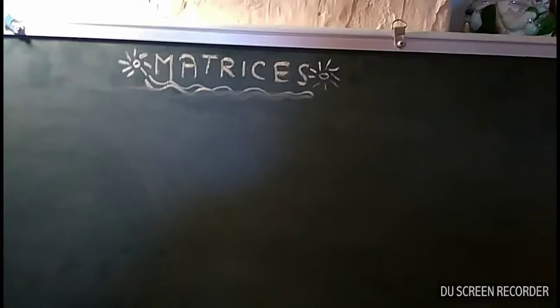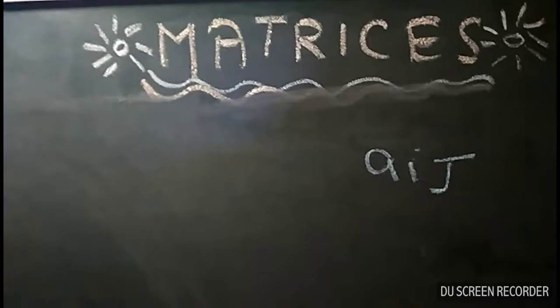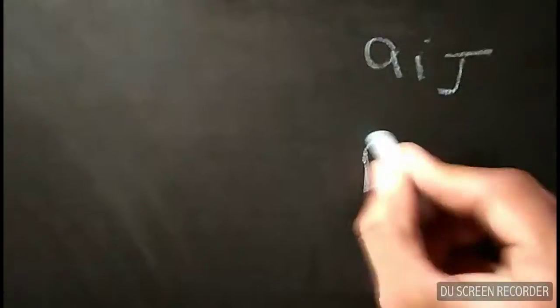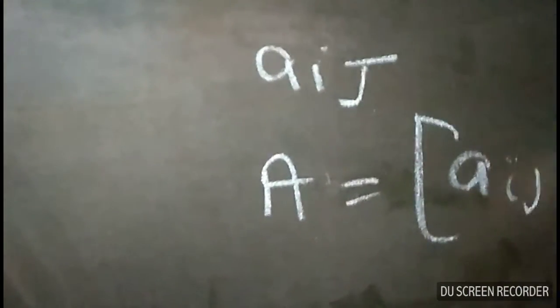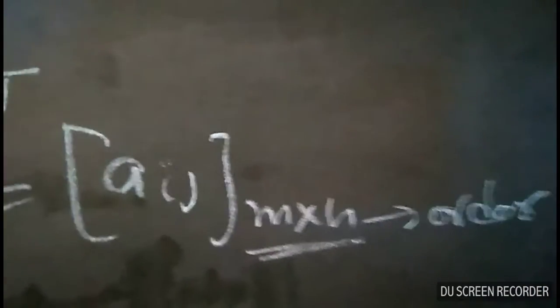That is, the ith row, jth column position of a matrix A is denoted by a small letter Aij, and a matrix A of order m cross n can be written in short as A equal to matrix of Aij, where the order of the matrix is m cross n, where i lies from 1 to m, that is rows, and j lies from